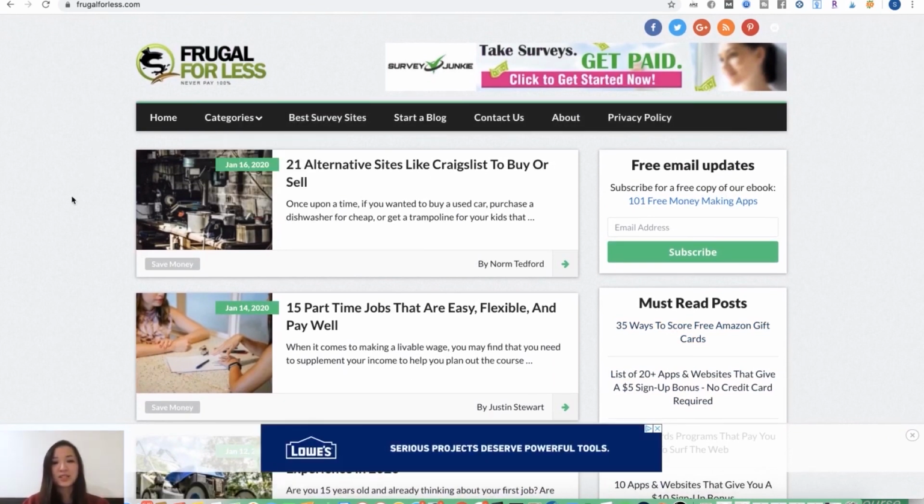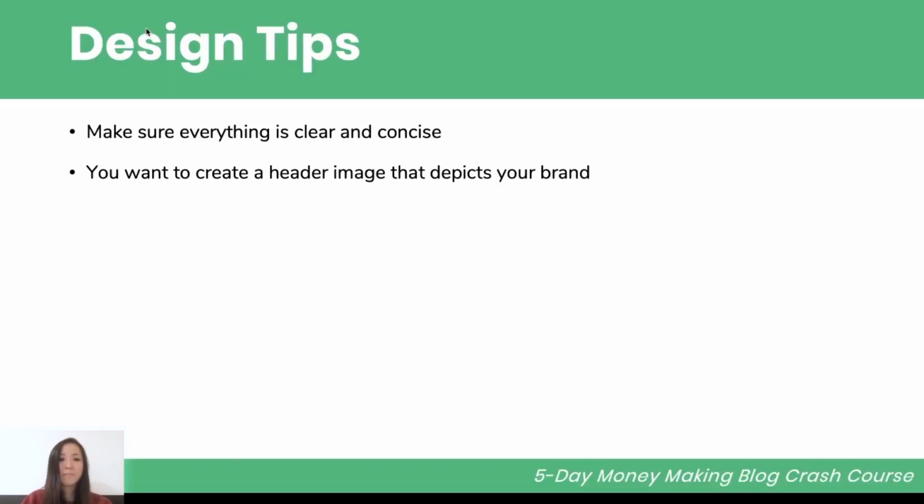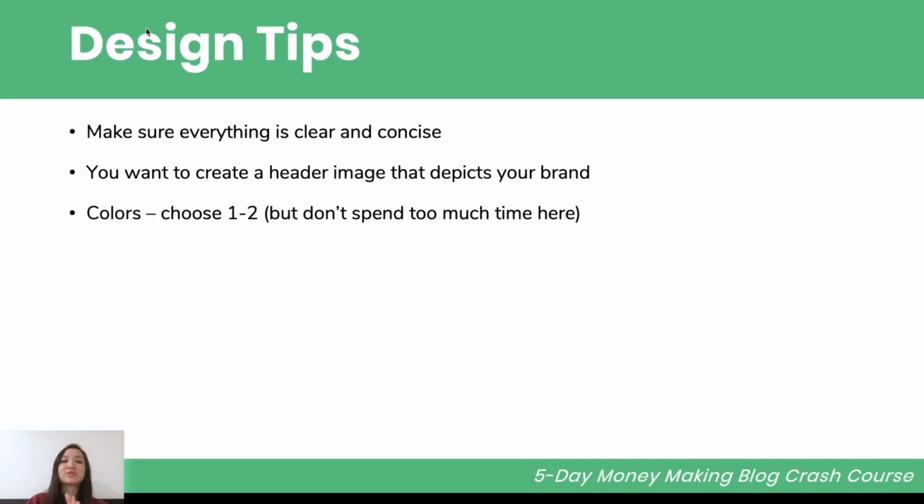As you can see, it doesn't have the header image, but you don't need a header image to have a blog. Next, you want to choose some colors. You should choose 1 to 2 that depict your brand, but really don't spend too much time here, because when I first started, I didn't have colors. Like, I basically just did black and white. So maybe those were kind of my colors,